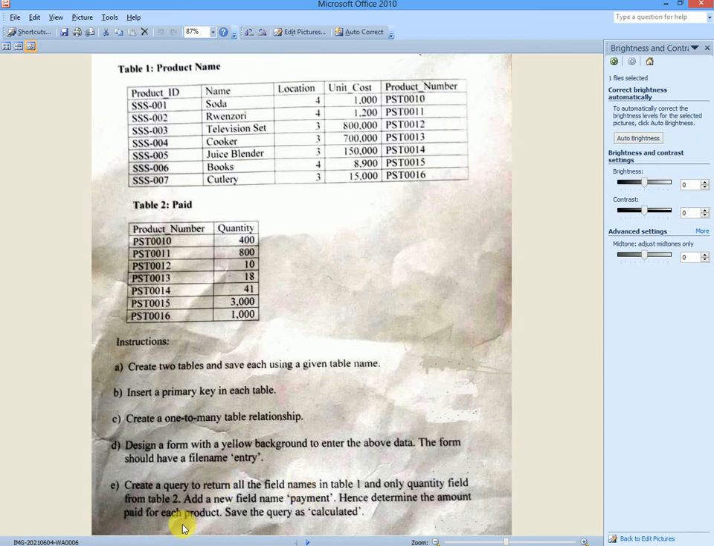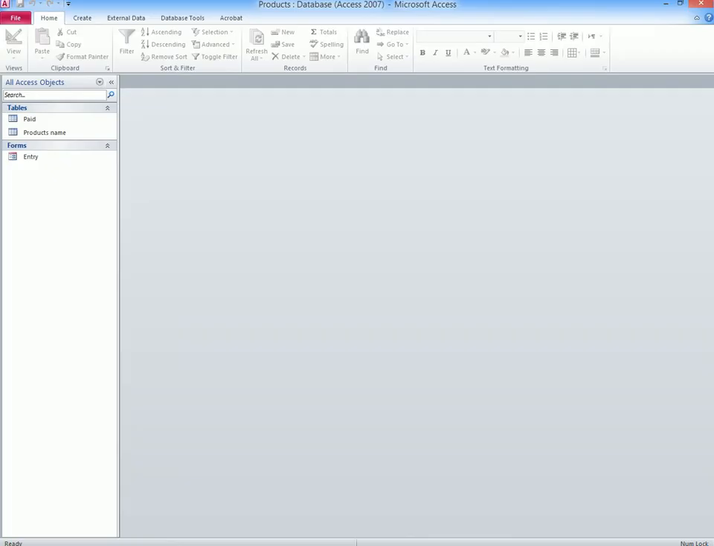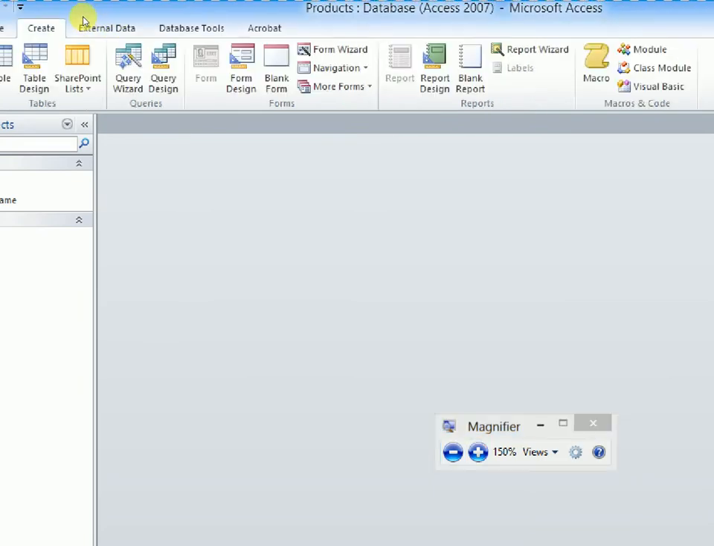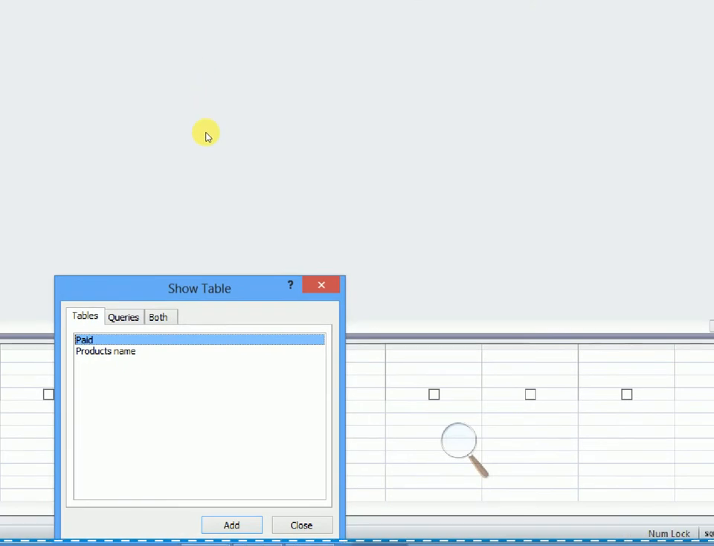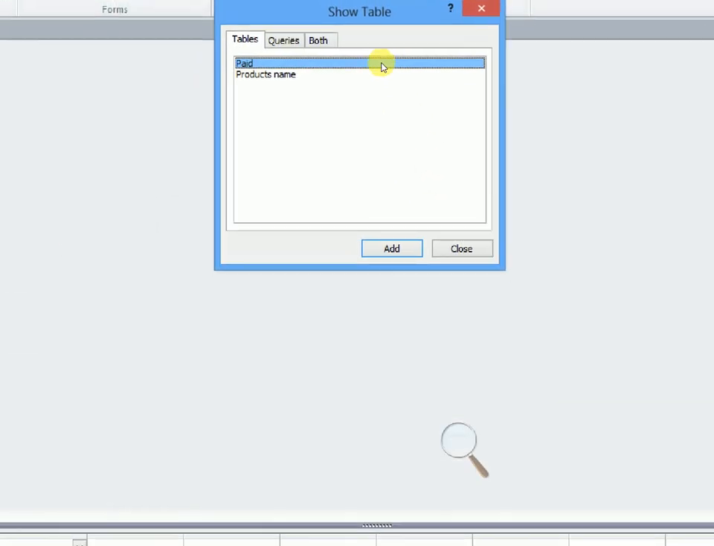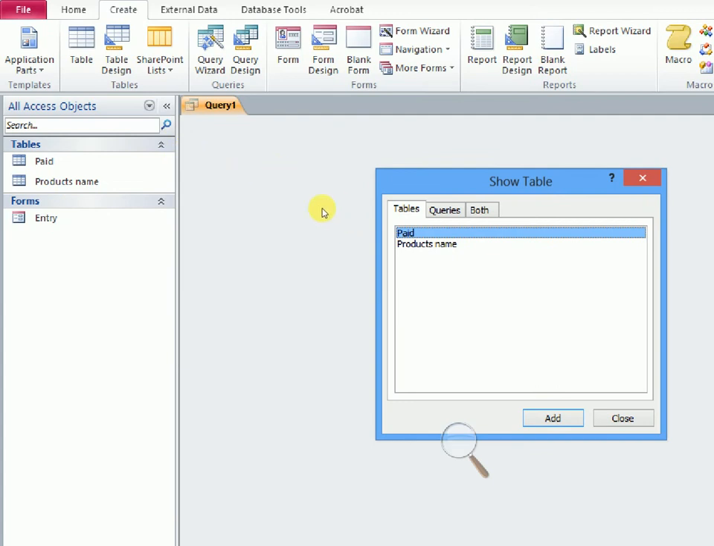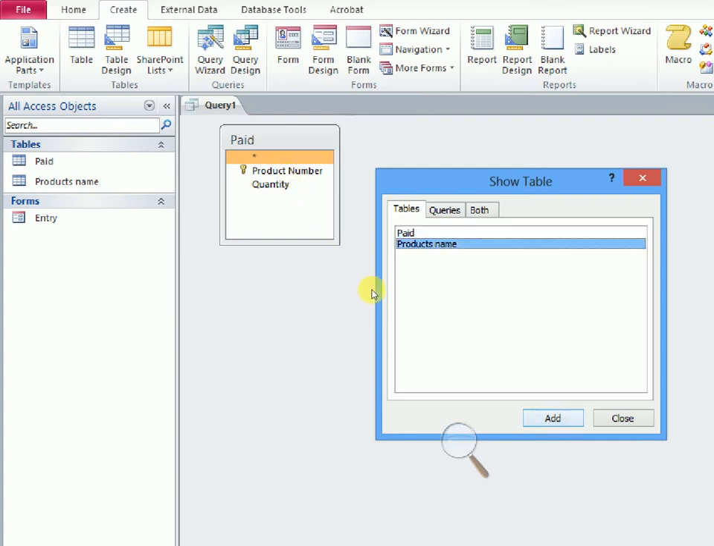Let's go into Access and we see how this is done. So we shall go to Create, then we go to Query Design, and we shall see our two tables. We'll still start with our main table, which is the paid table, then the products name